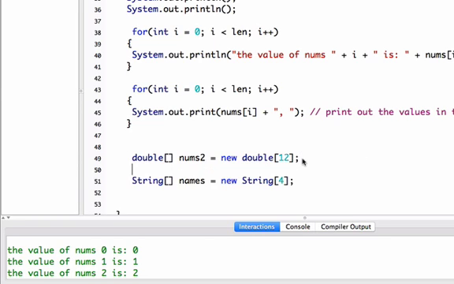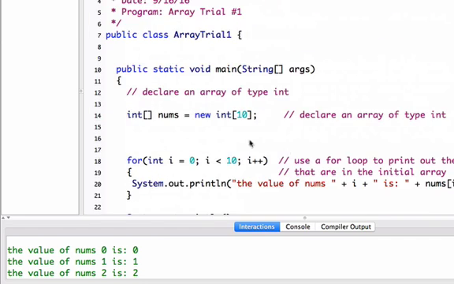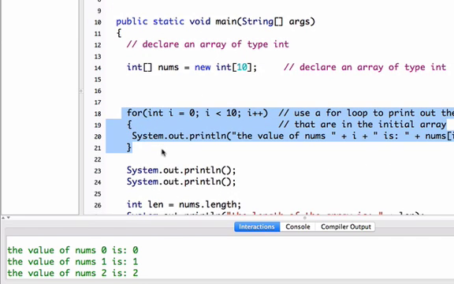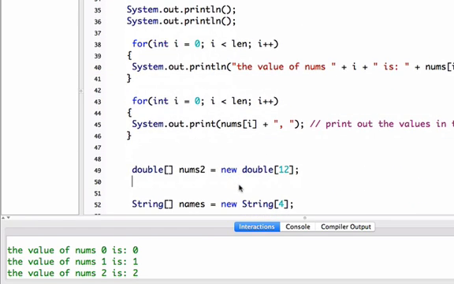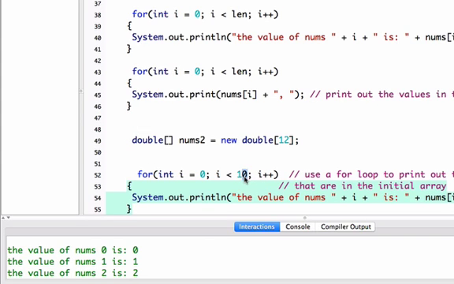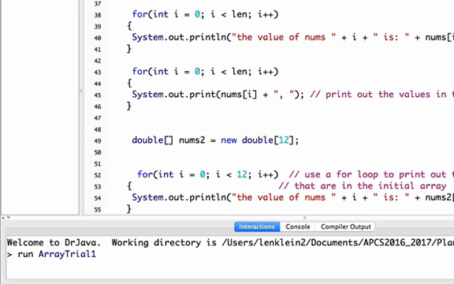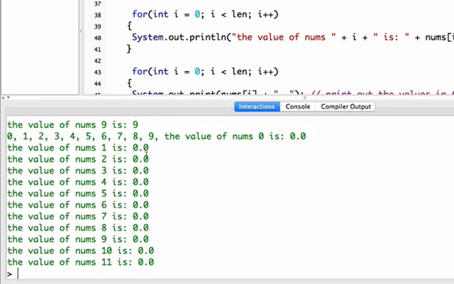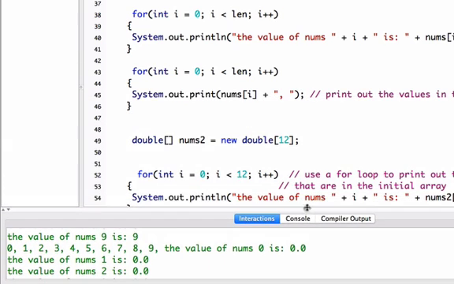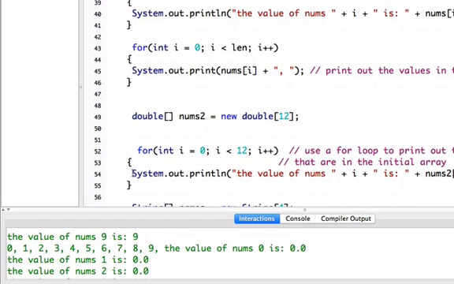Now, if we borrowed this loop and come down and let's make this 12, and we'll call this nums2, one would not be terribly surprised if for nums2 I get all zeros. And what we can do so we know what we're really doing,